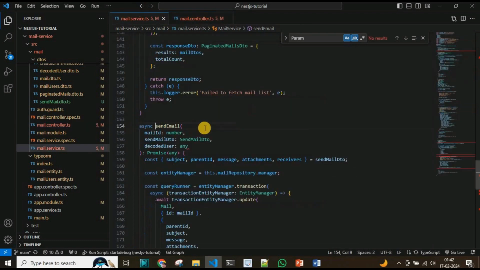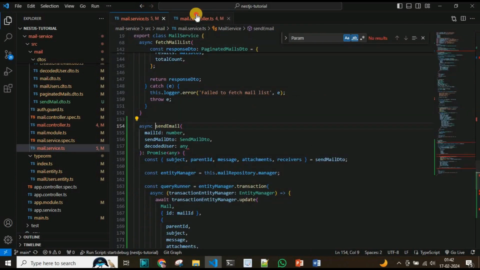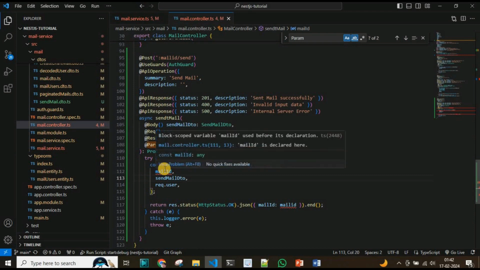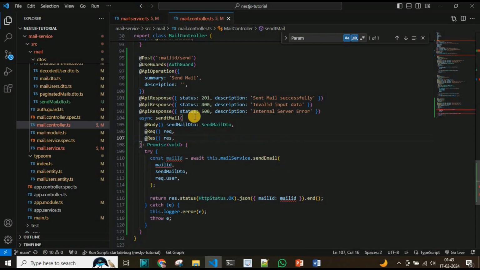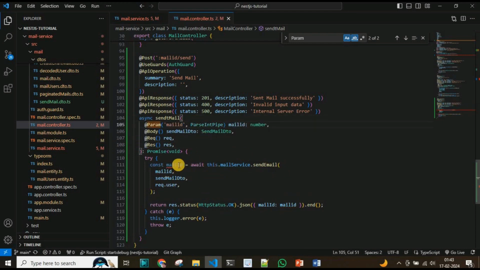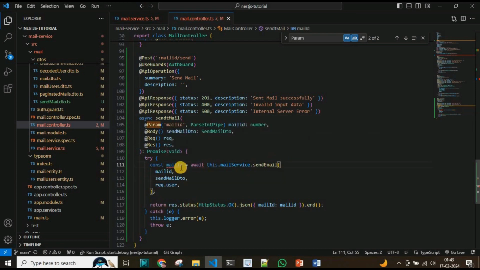The send message will first take the mail ID, then the send mail DTO, and next is the decoded user, which will be the request.user, and here the proper mail ID before its declaration. So keep it mail ID, and here it will be the mail ID, and I think it will be here. So it's fine now, the mail ID,